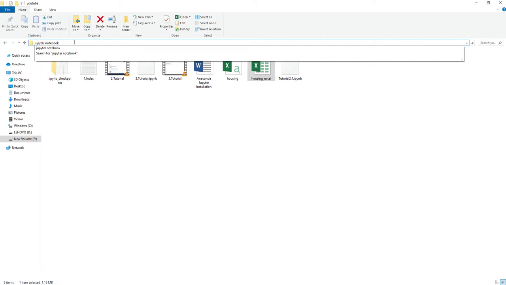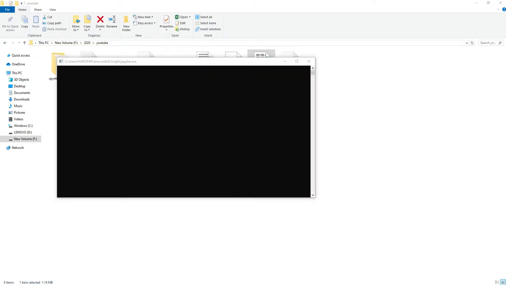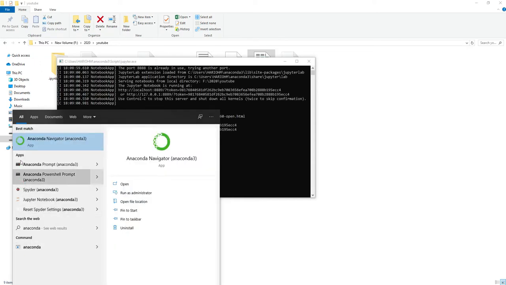If during the installation you ticked the environment path in the advanced installation, you can launch Jupyter Notebook from here. Or else you can search for Anaconda in the bottom left corner.